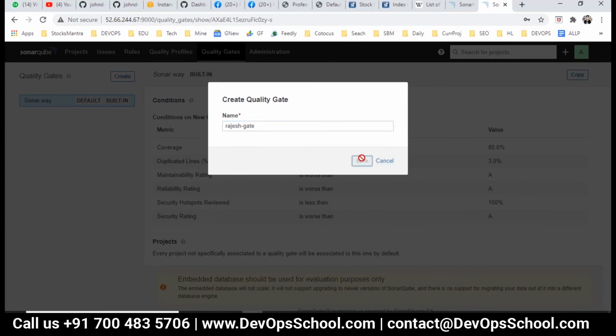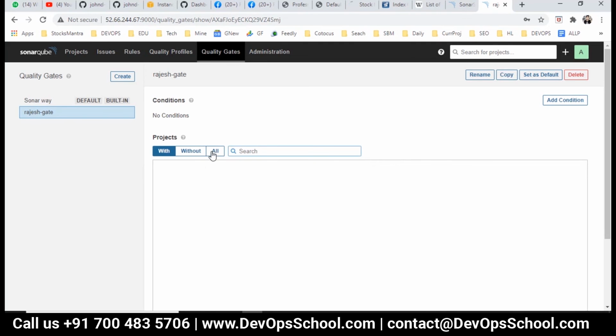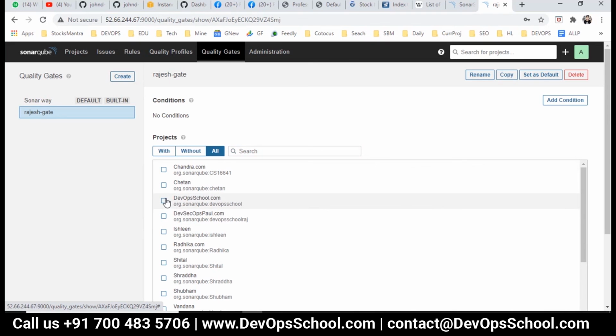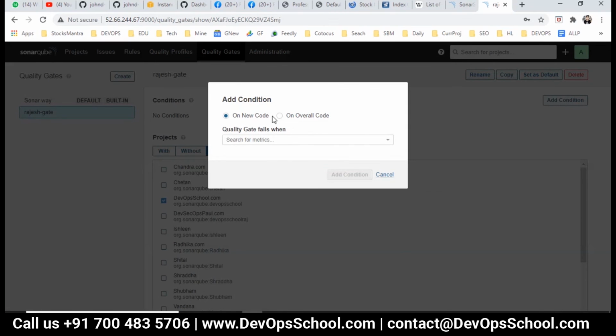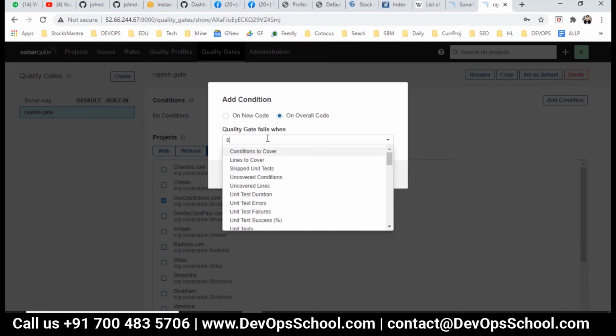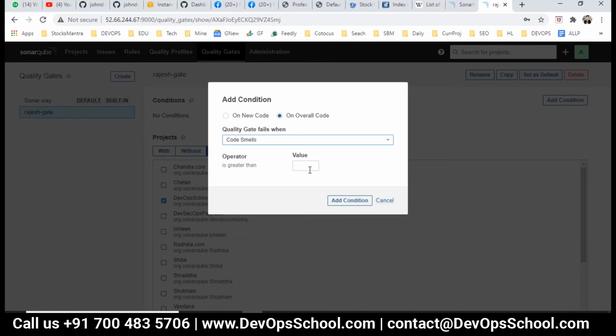And this is for which project? Of course, you know that, DevOps school. This project belongs to me. I applied. What condition do you want to add? So I want to add a condition on new code or on overall code. Code smell: if the code smell is greater than 10, the quality gate should fail.